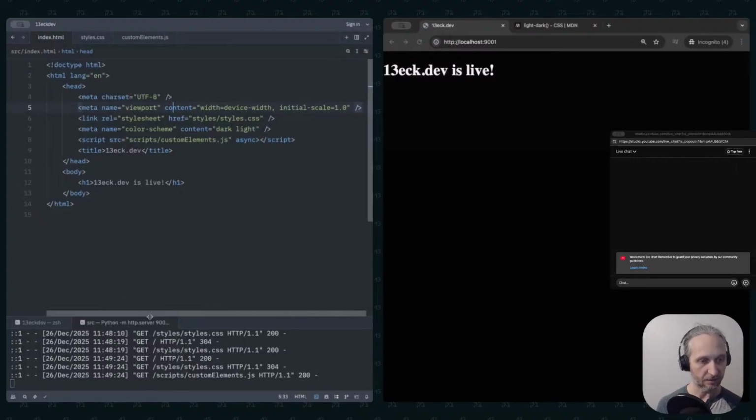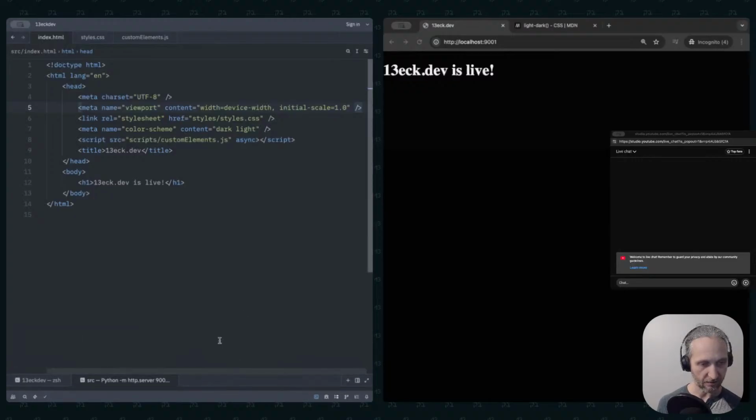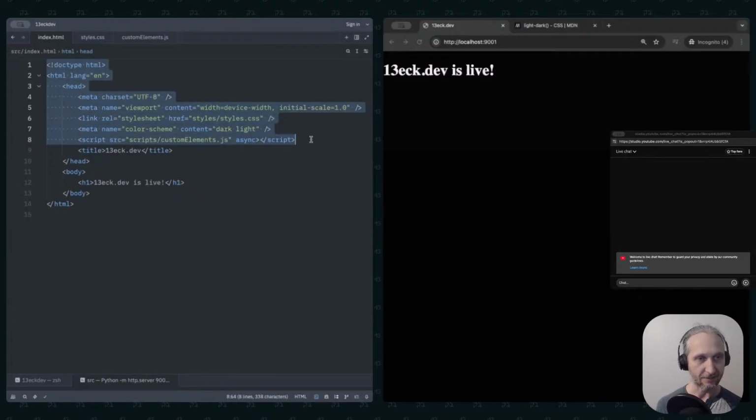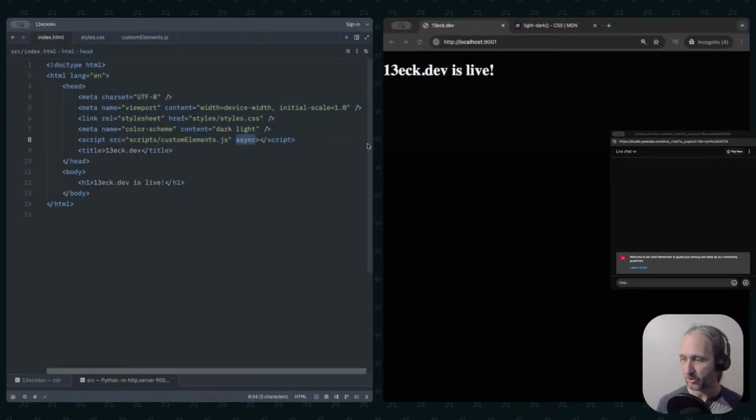So once the browser starts parsing and it gets to this script source, it'll shoot off a request to fetch it. Instead of async, it'll do this all in the background. And once it's done loading, then it will just go ahead and read it and parse it, as opposed to doing defer, which waits until the